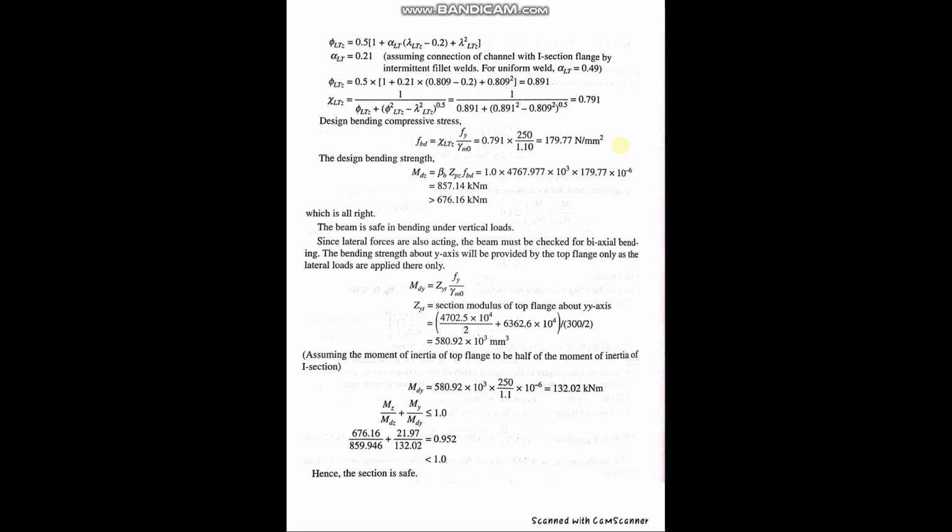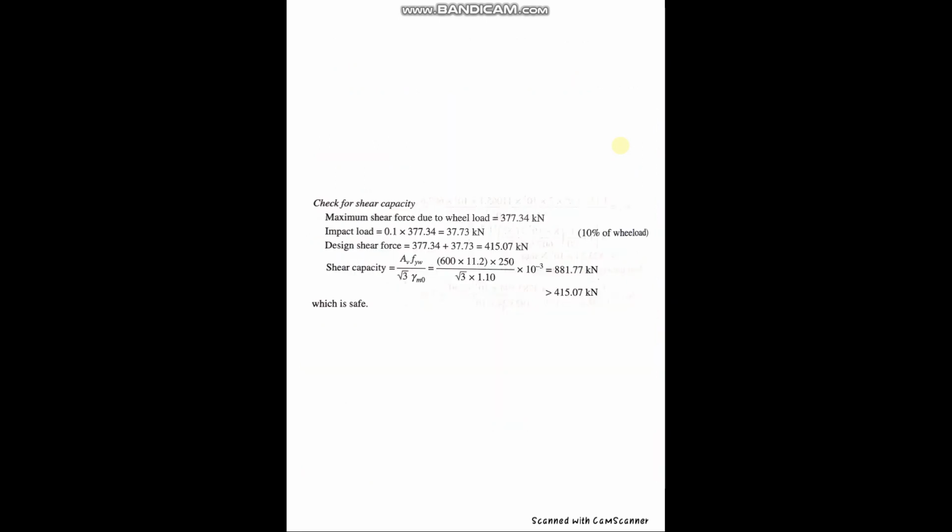We took consideration of the biaxial bending conditions, and then again calculated the design moment considering the lateral torsional buckling condition, and then again checked the biaxial bending conditions. Now the next thing is we have to check for the shear capacity, how much shear will be coming onto